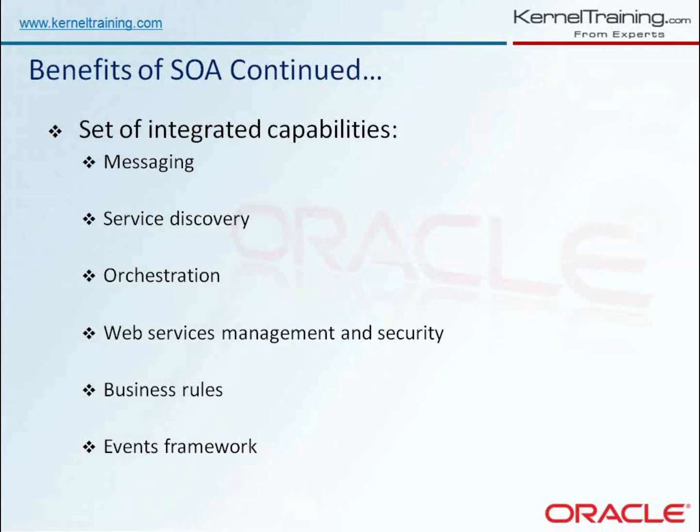Service discovery. As the name suggests, nowadays it's a world of web. We have lots of web services, millions of web services. How will you discover them when you need them? Basically, SOA leverages different service discovery mechanisms. Whenever you need any service at runtime, you provide a URL for it, and it will be discovered based on its capabilities. Orchestration. This term also we will use in a near session. Orchestration basically hides your details as a black box from the external world. We will discuss it in detail.